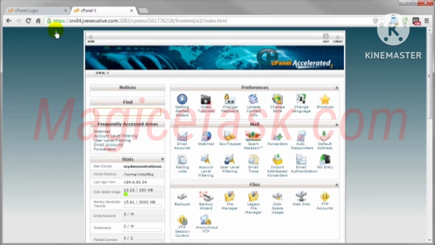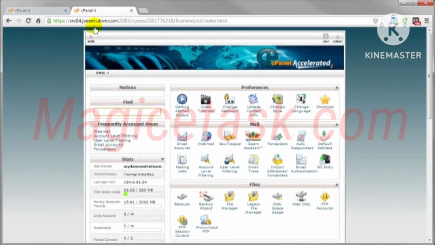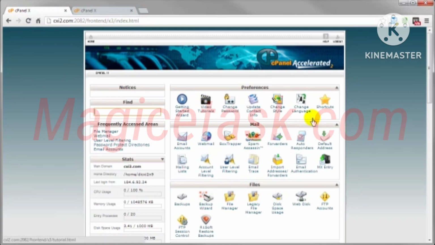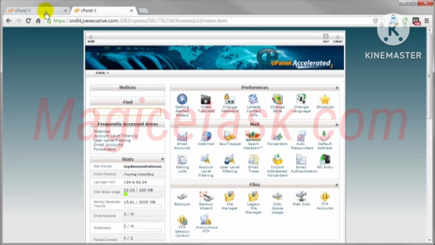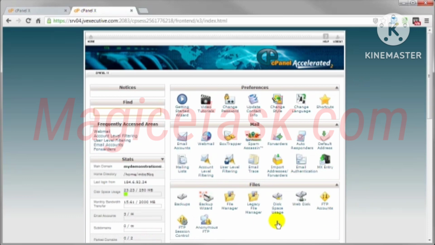Now, no matter how you log in, you're going to be presented with the same homepage, the same interface. Let's go ahead and log into here real quick. So whether you're logged in securely or not, you're going to be presented with the same front page, the same interface. What's going to be different, though, is the applications available, again, depending upon the web hosting service you're using. For example, just at a quick glance, if I toggle back and forth between the two, you'll see one difference is right in here, where on this account, I'm given this particular application, R1Soft Restore Backups, and that's not available on this one. But on this one, I've got Anonymous FTP,